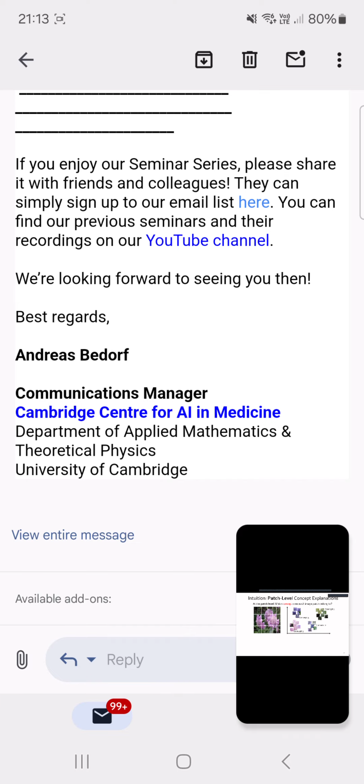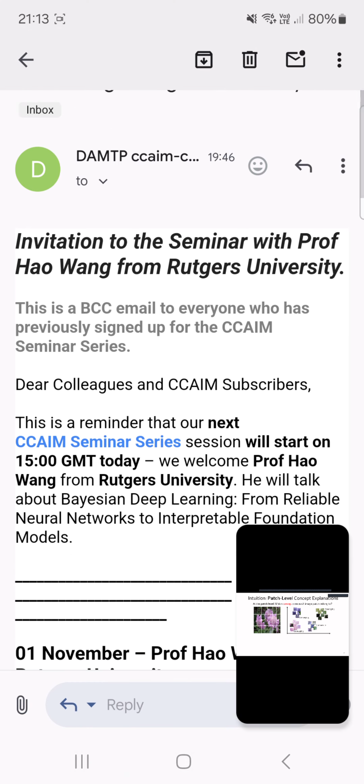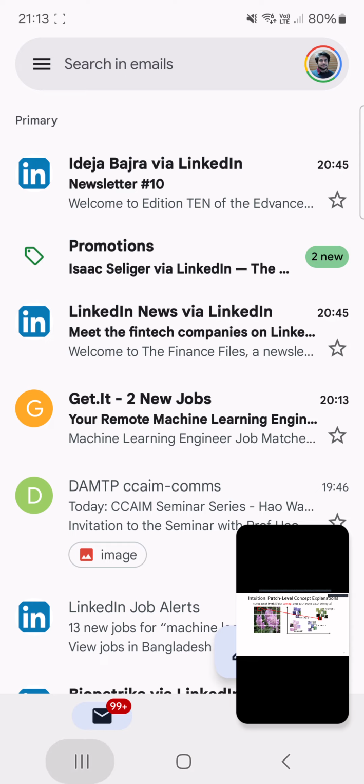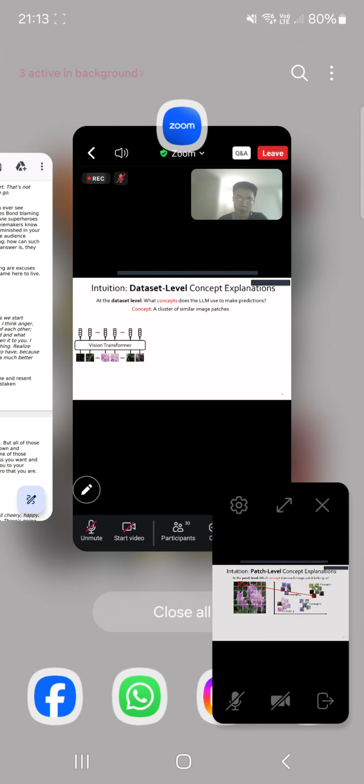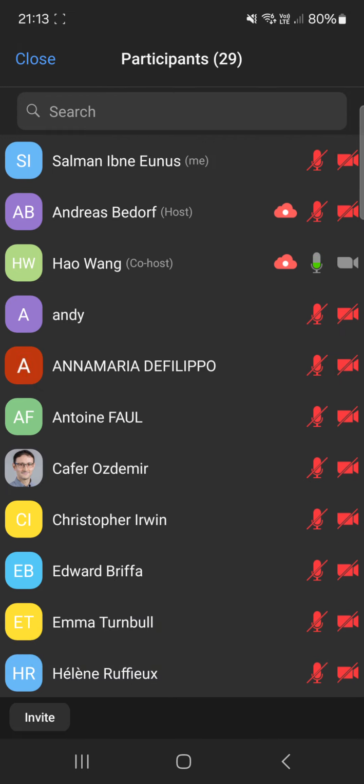How about patch level? Specifically, we want to know which concept does each image patch belong to. This is fairly simple. For each image patch, we can simply cluster it or assign it to its nearest concept or cluster center. For example, we can assign this image patch to concept 1, and we can assign this image